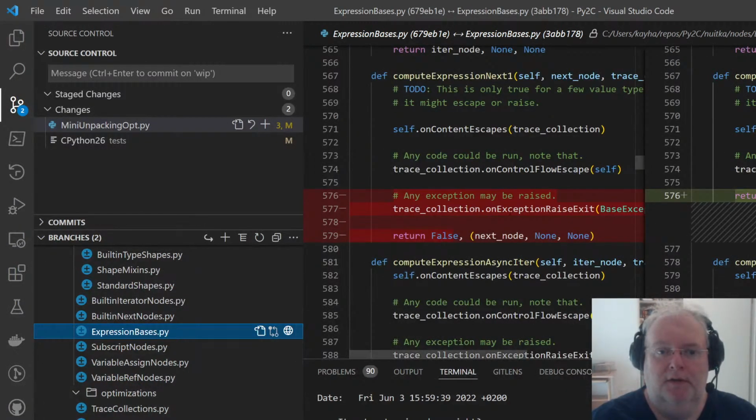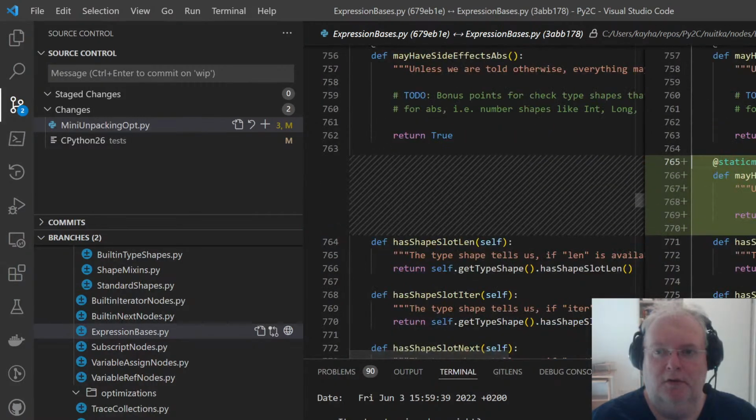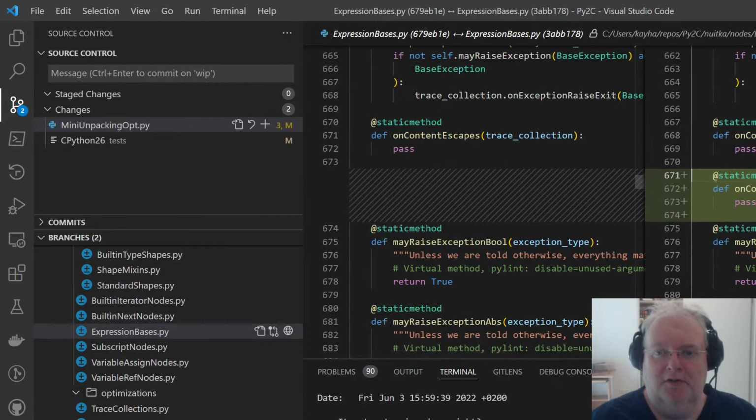So this is something in the basis. Well, the next interface, I think this one is unfinished. I did not ultimately decide on what the default implementation is. So I think compute expression next is not good. And this one is not actually doing anything yet.